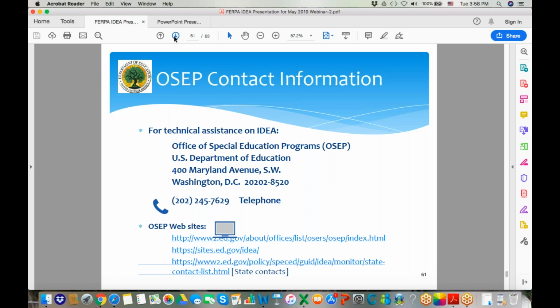And this is the contact information for the Office of Special Education Programs that is responsible within the U.S. Department of Education for implementing the IDEA programs, Part B and Part C. At the bottom are website links, including a link to the state contacts for your state if you have questions about what provisions are in place within your state under IDEA. In addition, there's a general phone number, but I would recommend you start with the websites. In addition, our Student Privacy Office has some great resources available, and we work closely with their office to ensure that questions regarding children with disabilities under IDEA are answered consistently with FERPA. So Frank's going to talk about some of those resources. Next slide, please.